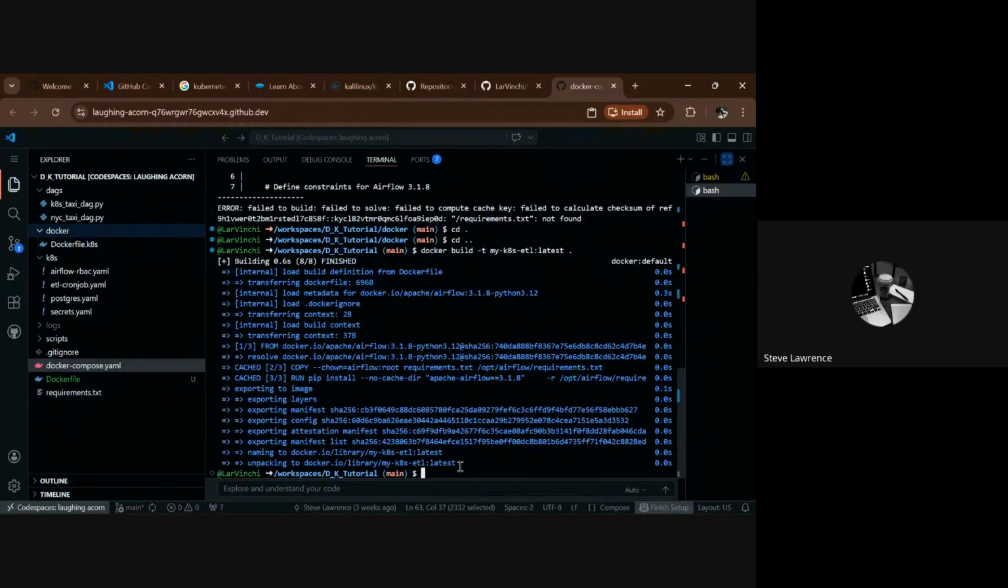Okay, so we have our container running already. So we apply our Kubernetes YAML file. So what we do, we say kubectl. We already have kubectl, so we just do kubectl apply. The file is in